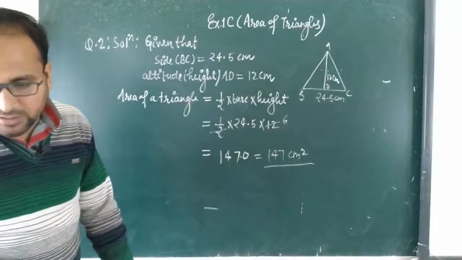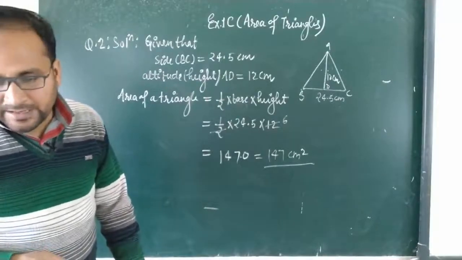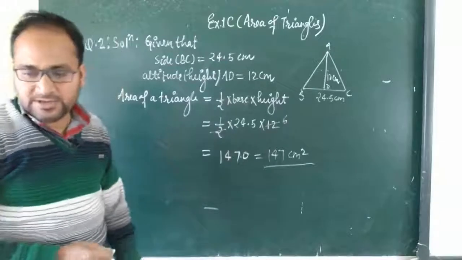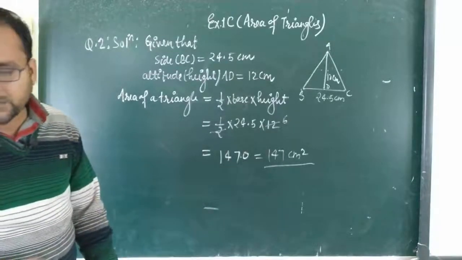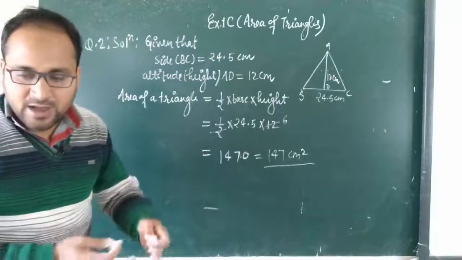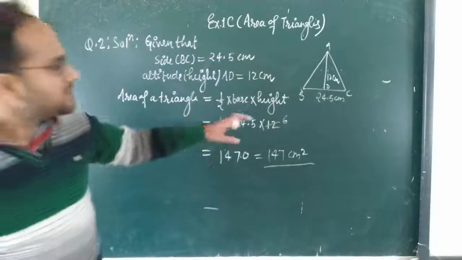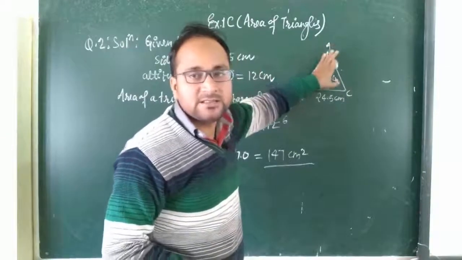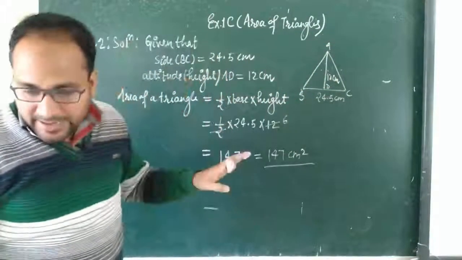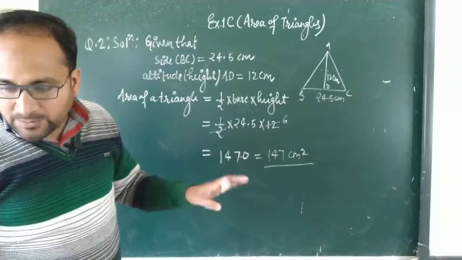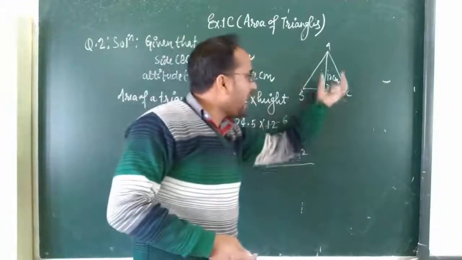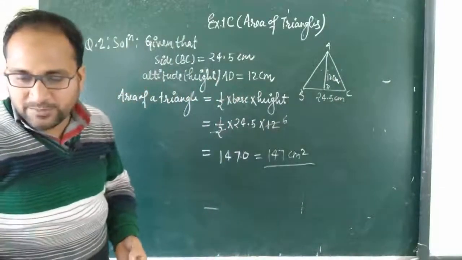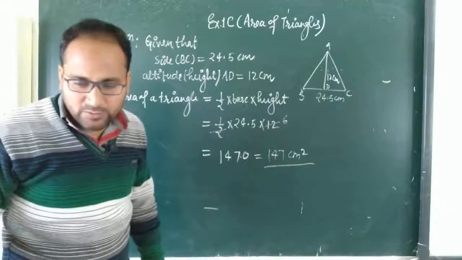In third and fourth, both are the same, students. In question number third, area is given. The area of a triangle is 216 centimeter square. One side of a triangle measures 24 centimeter. Find the distance of the corresponding vertex from the side. So this distance means height is asked in your question. And in question number 4, find the length of the base. Height is given and the base is asked. So I am going to do question number third. Fourth you will do yourself.